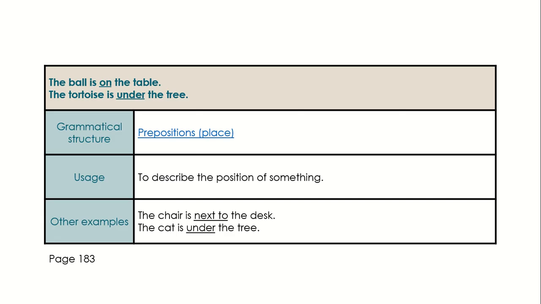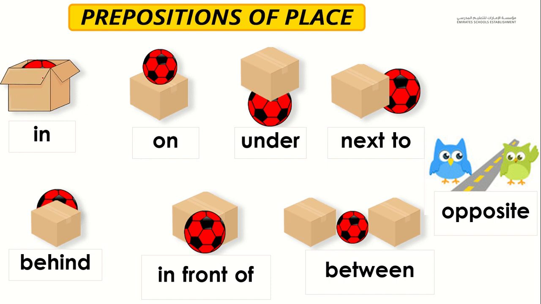Okay, the next grammar rule are prepositions. Prepositions are words that tell me where something is. It helps me to describe where something is. For example, I can use the word in to tell me where something's position is, if it's inside something. If it's on, under, next to, behind, you will see that some of it is blocked out, right? In front of,